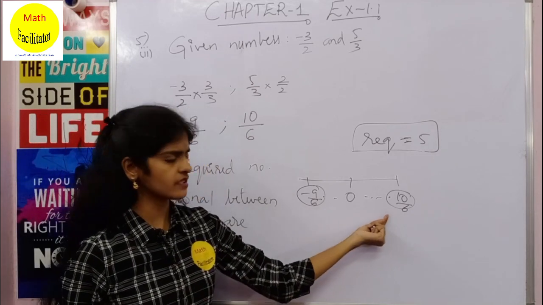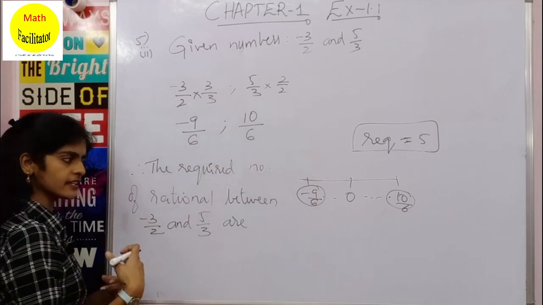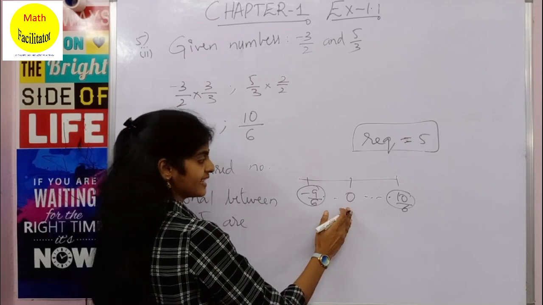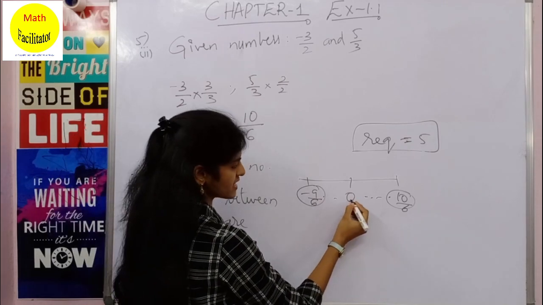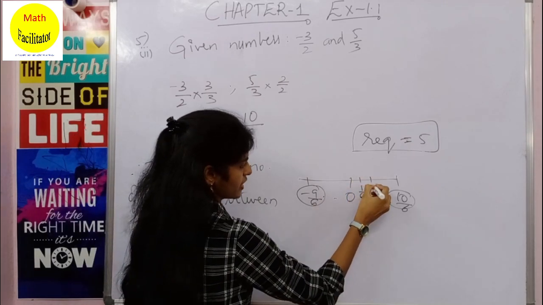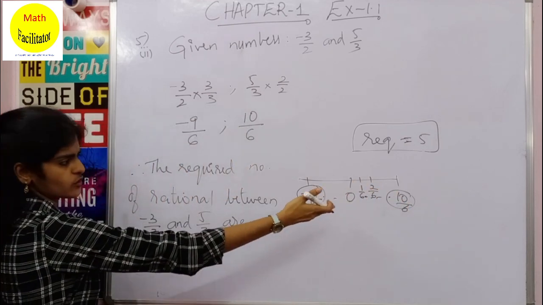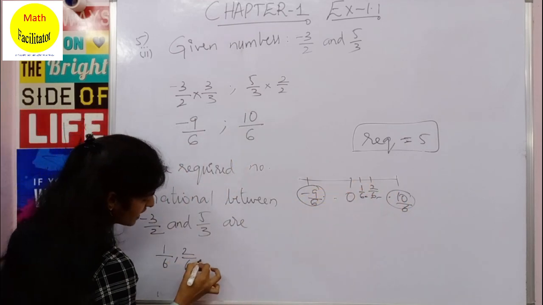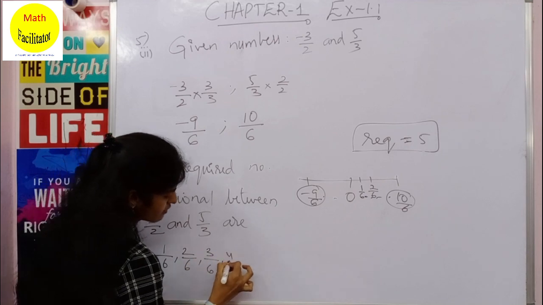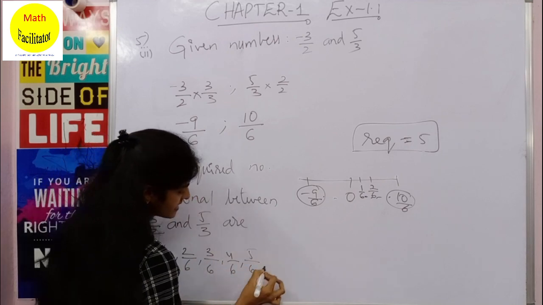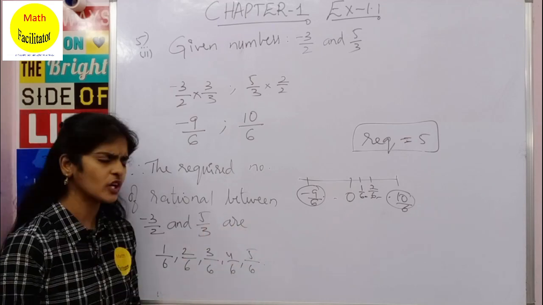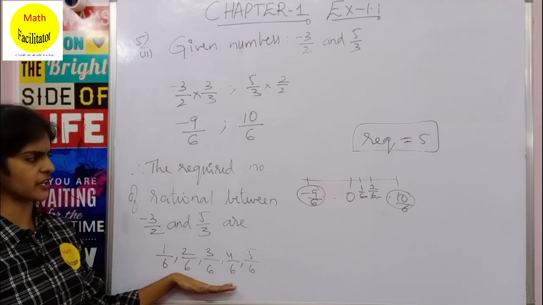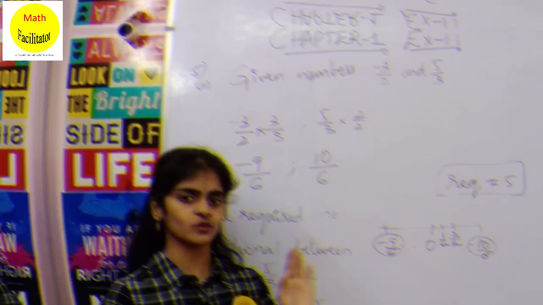So let me take the positive side again so that there is no confusion. Okay, and let me do it this way now. So after 0 you have 1 by 6, you have 2 by 6, and so on till 10 by 6. So I am taking this, so you have 1 by 6, 2 by 6, 3 by 6, 4 by 6, 5 by 6. Okay, and so on. Since you want only 5, I consider only 5. You can take the negative side also, no harm, right?